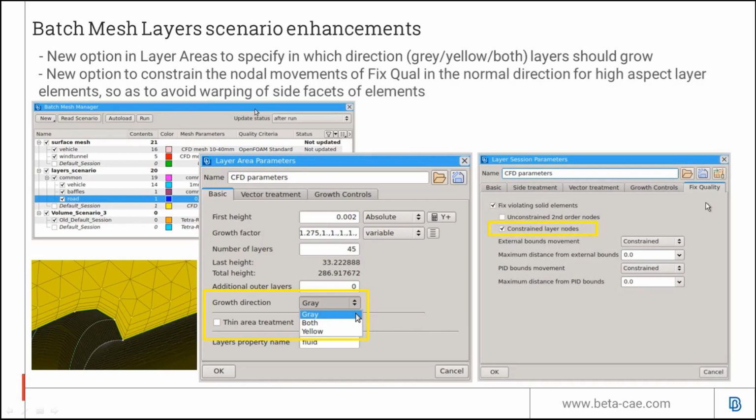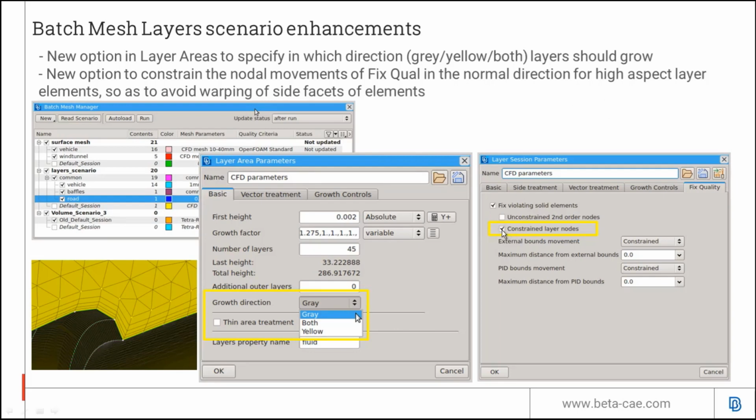Another new option in the fixed quality tab is the option constrain layer nodes. This has to deal with how ANSA treats thin layers for fixed quality. If the aspect is high, ANSA will only move the nodes along the height so as to not disrupt the normal vector of the layers.